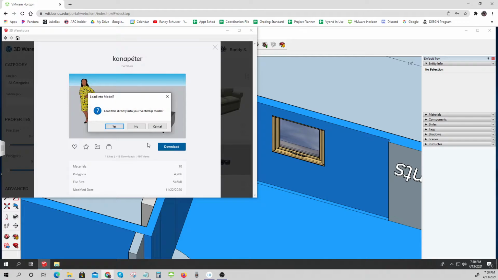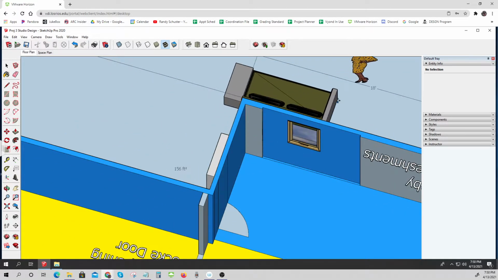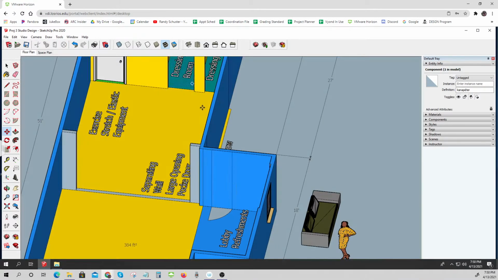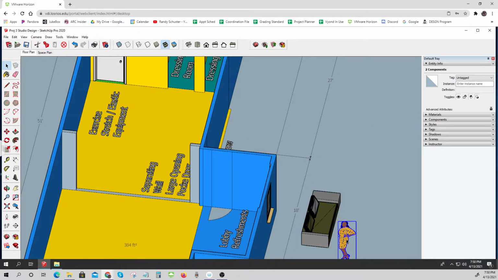Why did they leave that person there? What's the matter with these people? Doing just weird, bizarre things with their models. Why would you do that? So I have to do the same thing. I have to go ahead and explode it, get rid of the woman,